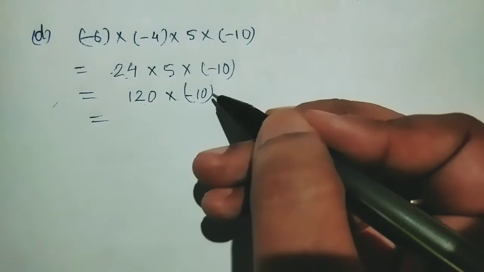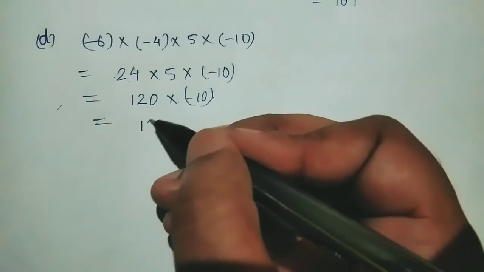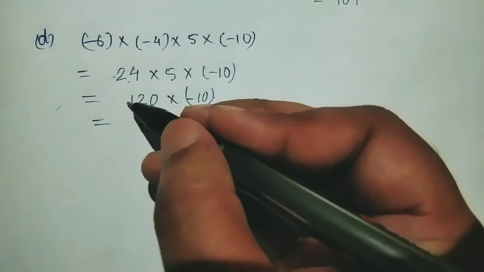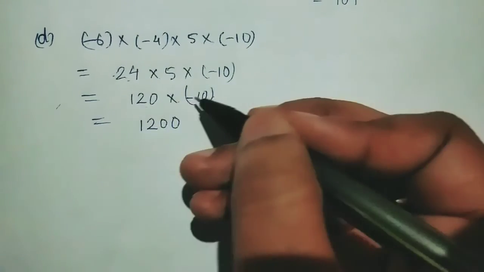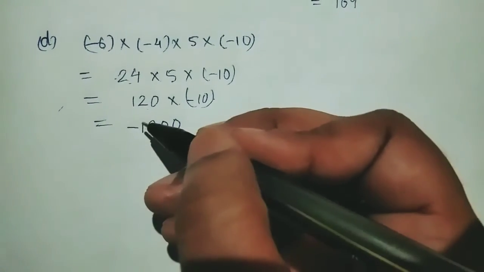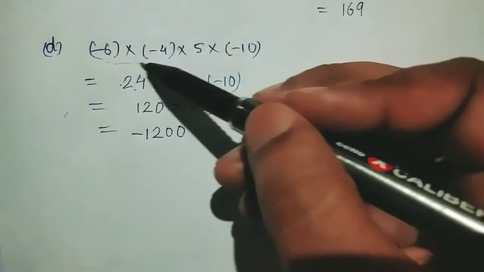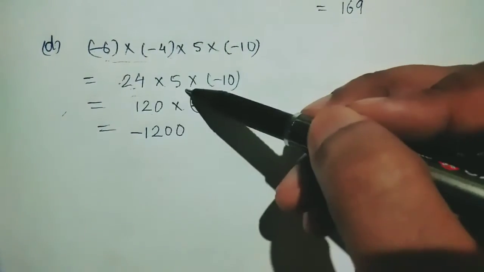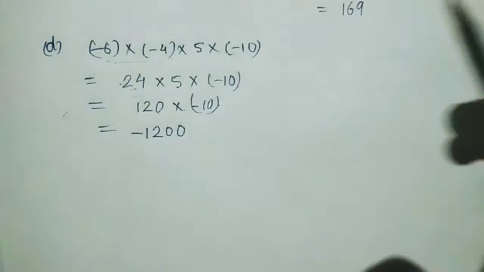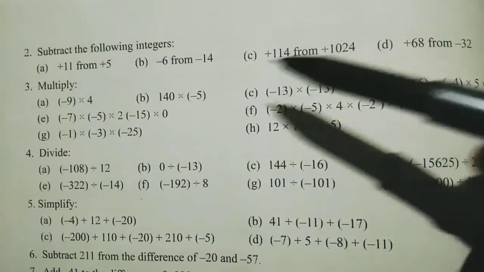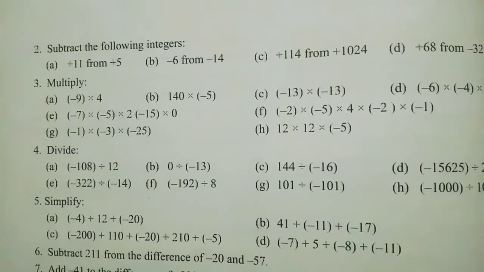So first of all you have to multiply the numbers. So 120 into 10 will be what? 1200. Now the sign. So here plus sign, here minus sign. So plus minus is minus. Okay, this is the rule. So this is the answer of this question. So you have to take two numbers together, then multiply. Again two numbers together, then multiply, and put the sign according to that. Okay. So students, I hope you have understood this question. So do the remaining questions as homework.